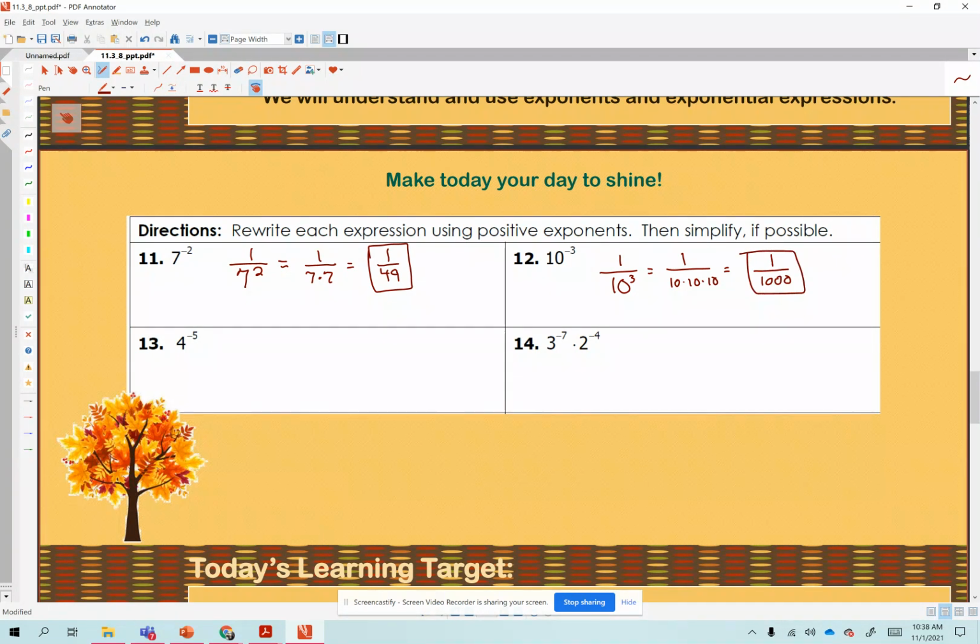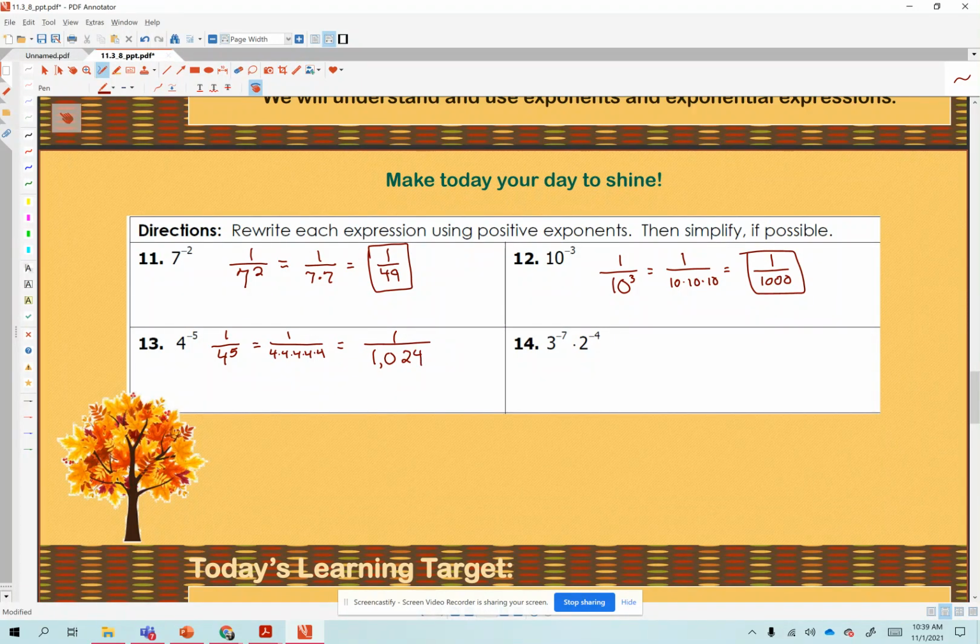Number 13, another negative exponent. This would be 1 over 4 to the 5th, which equals 1 over 4 times 4 times 4 times 4 times 4, which equals, you'll need a calculator to help you, probably 1 over